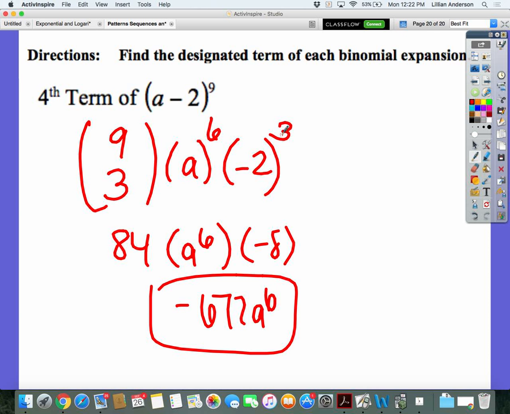Okay? All right, so that's patterns, sequences, and